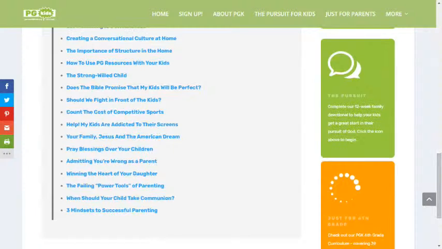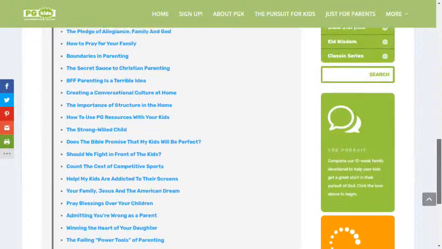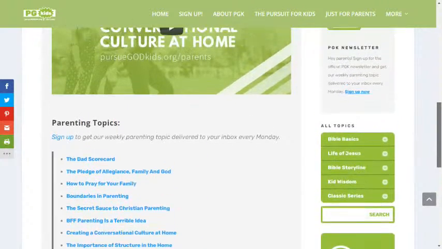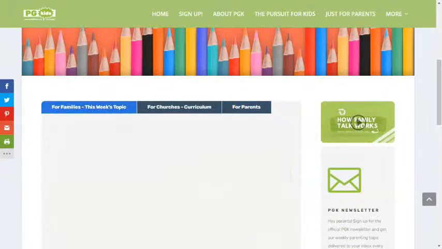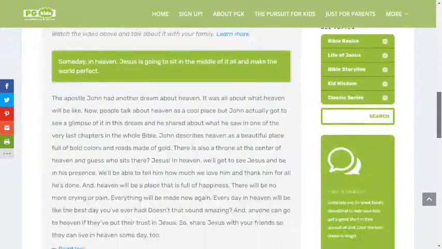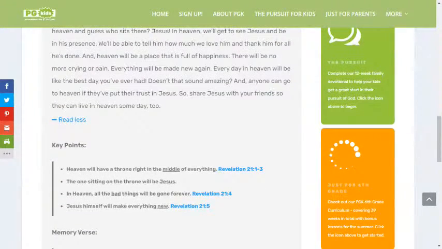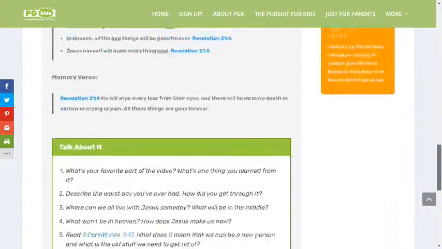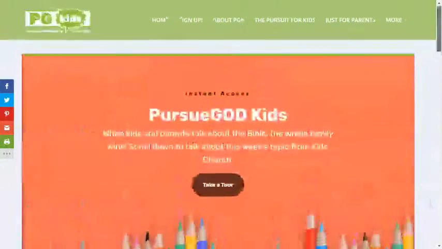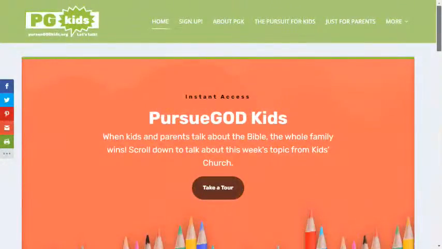Now, again, you have to weigh some of this against our own theology, like when should your child take communion and things like that. Our particular church body has a certain belief on that, but the idea is these are helpful topics for the beginning of a discussion. The other thing that's really interesting about this is over here on the side, there's all kinds of other resources. In fact, if you click on Home, there's going to be some resources for youth. So these videos could be used in addition